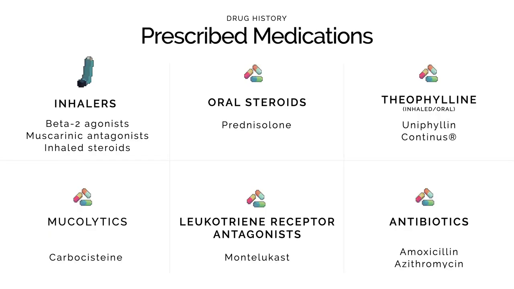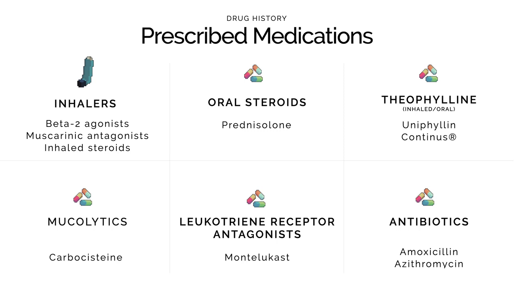These are the broad categories of medication you may come across in a drug history which are relevant to respiratory disease. Probably the biggest category are the inhalers. Inhalers are used in the management of a wide range of respiratory disease, but most commonly asthma and COPD. Inhalers fall into different categories depending on their mode of action.